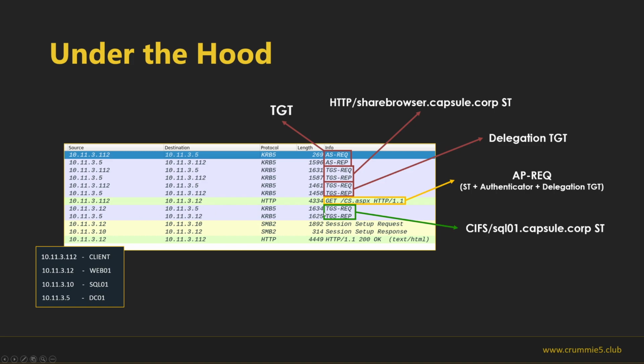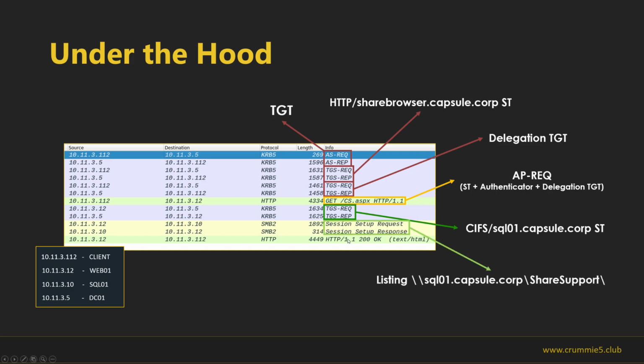The service will require a service ticket for that service. So here we can see how the service asks for this service ticket, and we will see that it will use the delegation TGT in order to act on behalf of Vegeta.